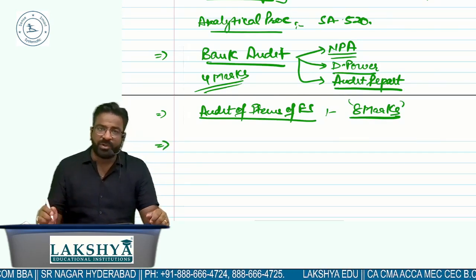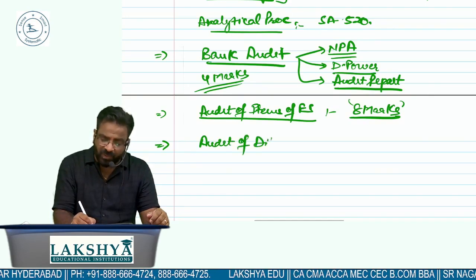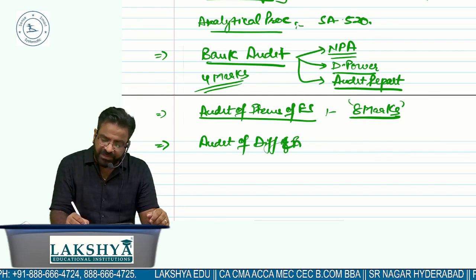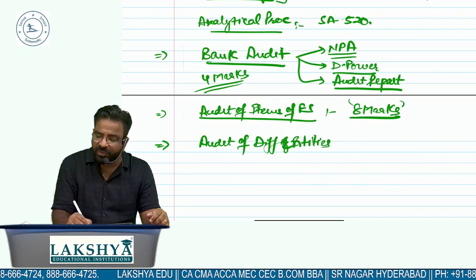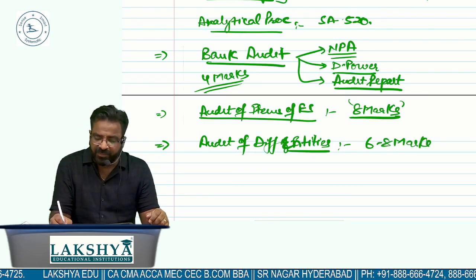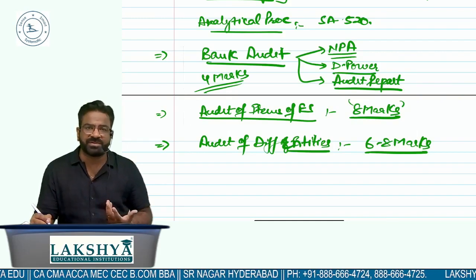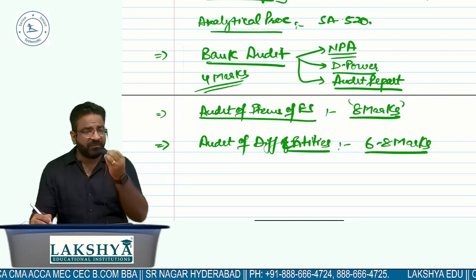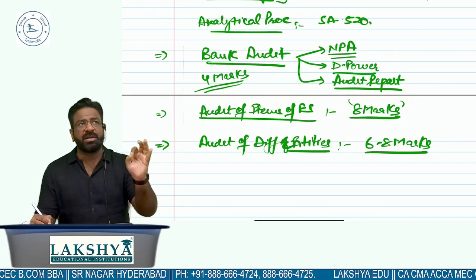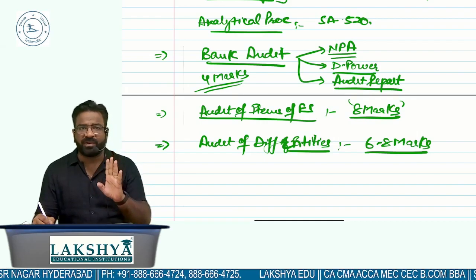Next thing you need to cover is the audit of different entities. You are definitely going to get minimum 6 to 8 marks from this chapter as well. Are you getting the point? They may ask you a government audit, a cooperative society, or a cinema hall. Our formula will remain the same if you remember. If it is a functional audit, 4 income, 4 expenditure, 4 assets, 4 liabilities, that is the formula. If you remember, we have done that in class.